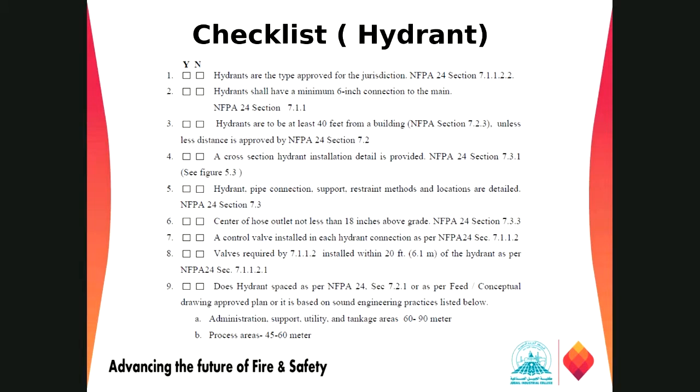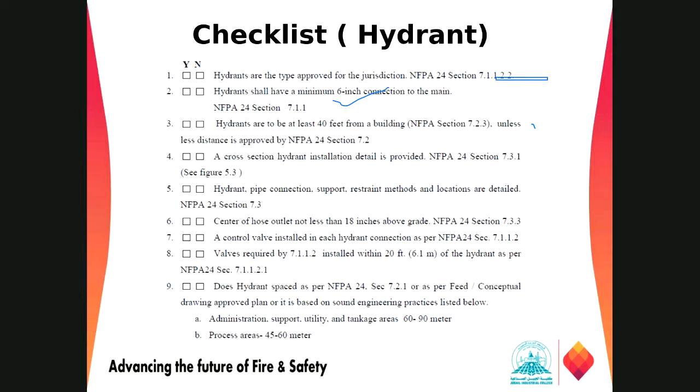And then moving on to the hydrant, what should be the possible checklist for the hydrant, right? The hydrant should be approved by the jurisdiction as per NFPA 24, the AHJ or the civil defense team. In any case, the minimum diameter of the hydrant shall not be less than 16, and try to keep the hydrant at least 40 feet from the building, right? So that the fire protection team should be safe while fighting the fire. Less than 40 feet is also allowed if the building height is less than that, the one we discussed in the previous modules.